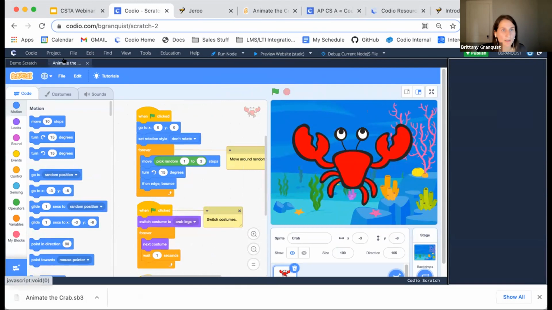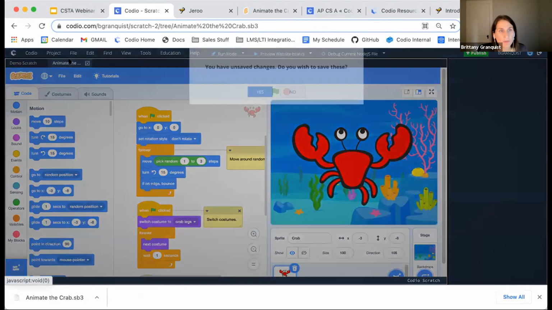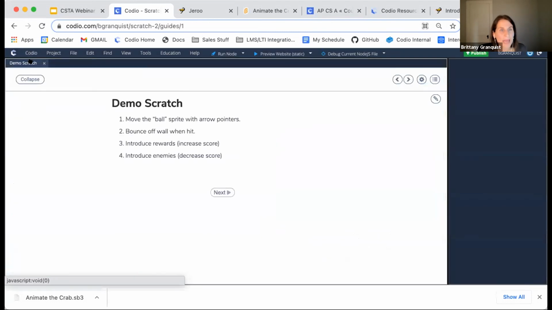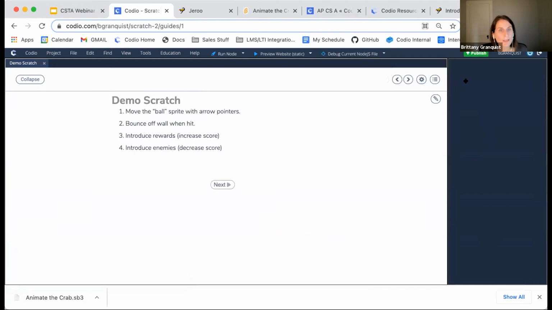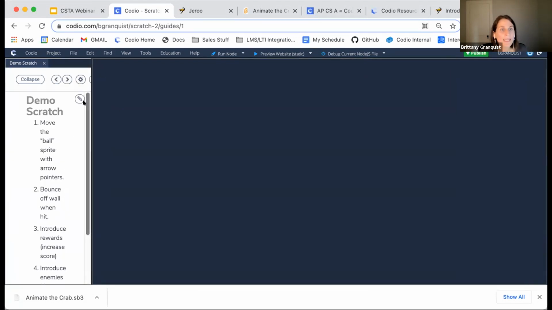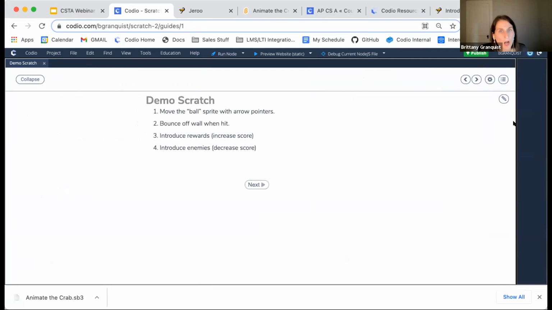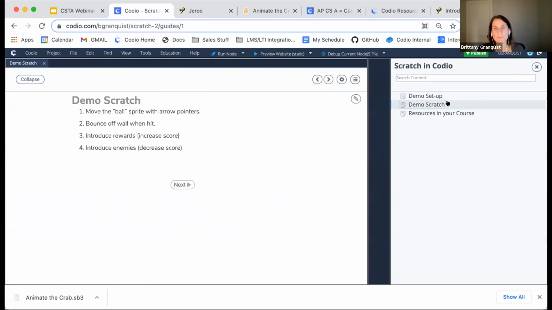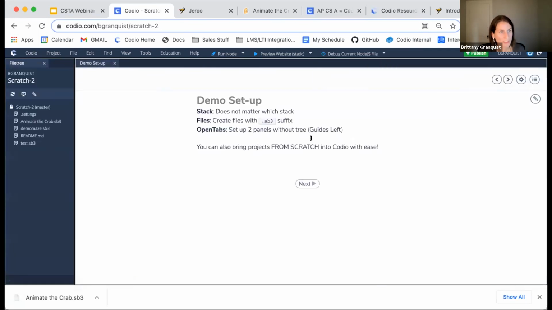So, I mean, look, when you're teaching younger students, it can be a real pain to have them navigate to different websites, right? And this keeps it all in one place. RJ was also talking about at one point how Scratch can be a little tempting for students, right? They're like in it and they're like, where can I go? But here you can specify where you want them to go, right? And it keeps them all in one place.